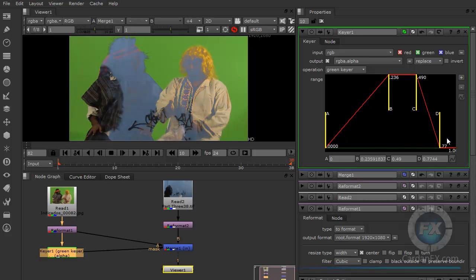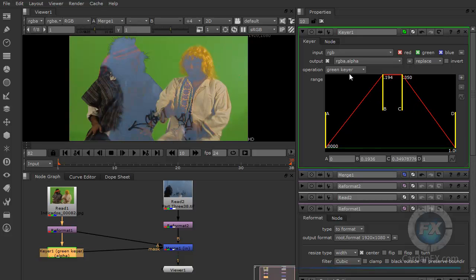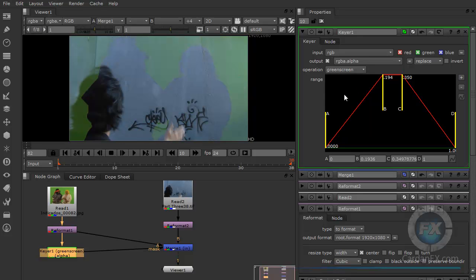So what is happening here? Why am I not getting something nicer? Well, the thing is that right now we are using the green keyer, but if we go here, you can see that we have another option called the green screen. So now if I click on the green screen, I'm actually going to have a better result, because now the operation is trying to find exactly all that range of green. And as you can see, just like at the time I switched this thing, I get the shapes, the silhouettes of these objects or these guys